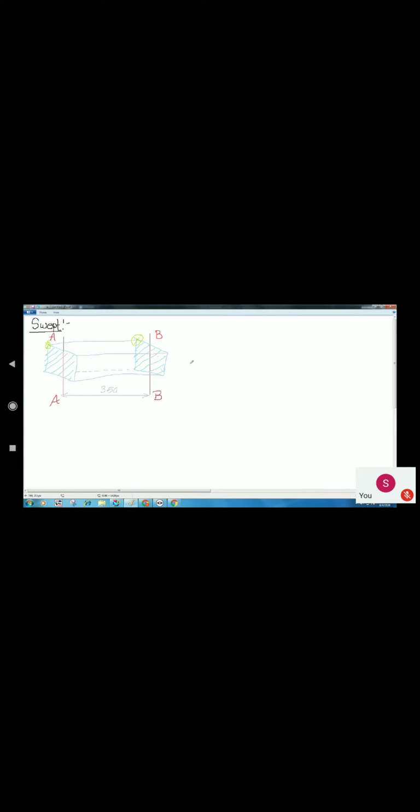Okay. Suppose this can be another condition. First section again in the same location. This is plane AA, and this is plane BB.